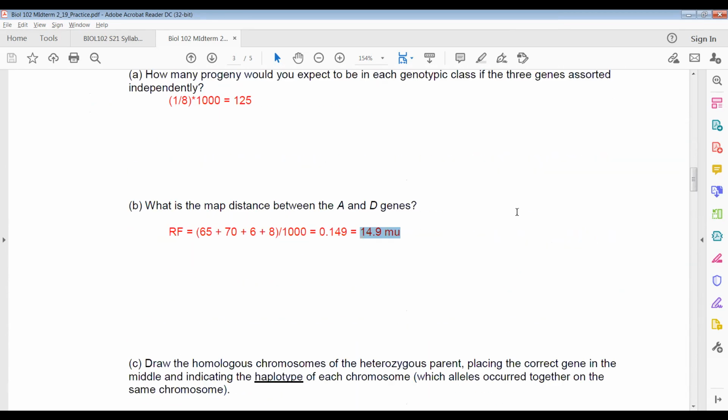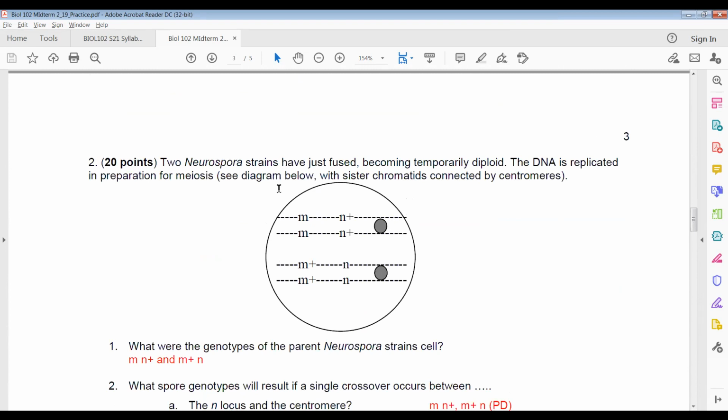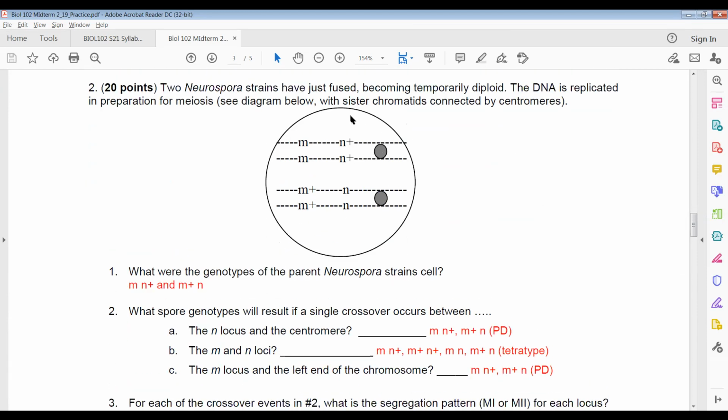All right, so this is the regular diploid organism. We can do the mapping for Neurospora as well. This is a little bit different because in Neurospora, the third gene is actually the centromere. Still, we are dealing with 3 genes, but the difference is that in Neurospora, we treat the centromere as another gene. This is the same as the 3-point test cross. All right. Okay, so if I gave you information like this,